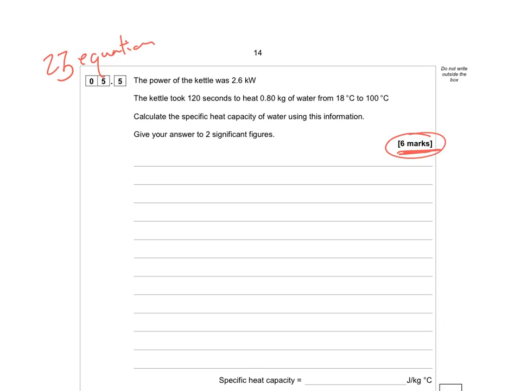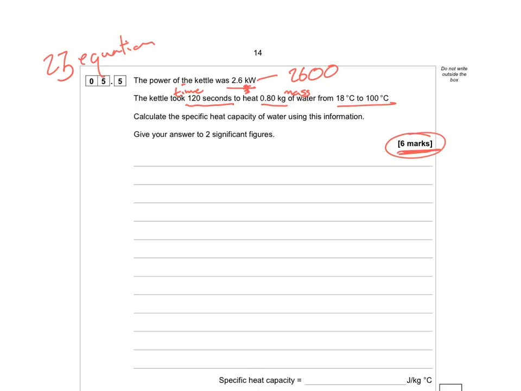So we've got here the power of the kettle was 2.6 kilowatts. Klaxon's just gone off. That's kilowatts, so it should be in thousands. So that's 2,600 watts. I'm going to change that straight away. Kettle took 120 seconds. I'm just going to write there. That appears to be talking about time. To heat 0.8 kilograms of water. That seems to be talking about mass. And I've got a temperature change here